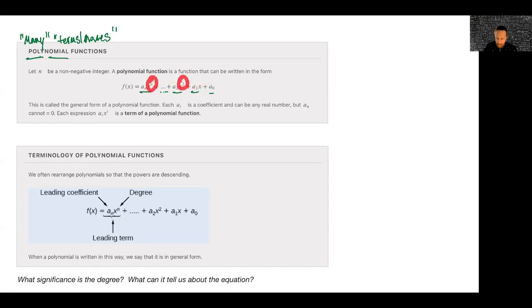So 3, 2, 1, 0, for example, or 10, 9, 8, 7, 6, 5, 4, 3, 2, 1, 0. However many there are. That first thing we're going to call the leading term, and whatever's in front of it, the leading coefficient. And so that we know, just like without all of this, what the power would be, we're going to call it the degree of the equation